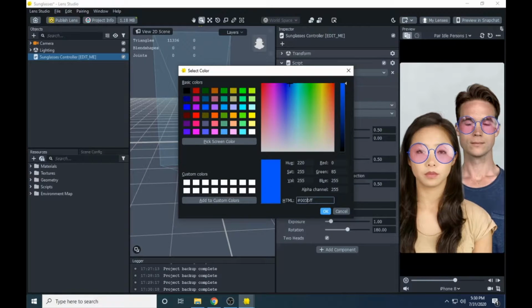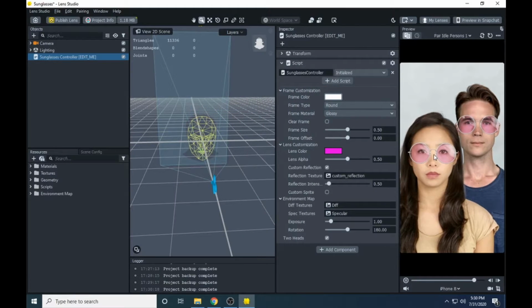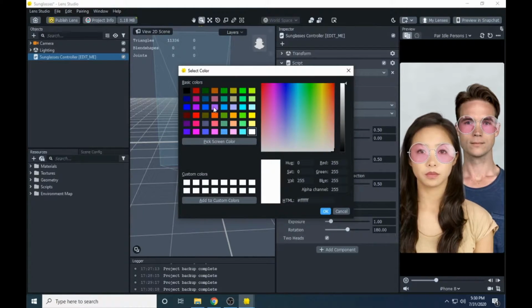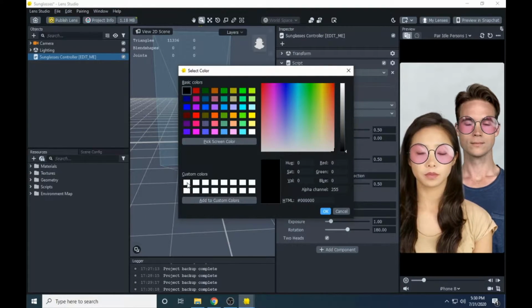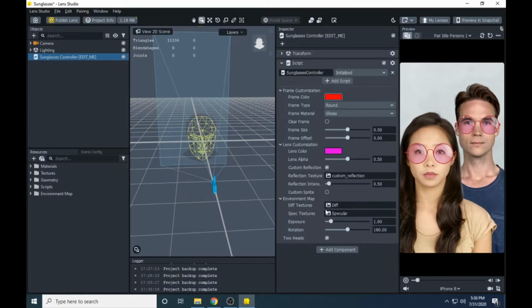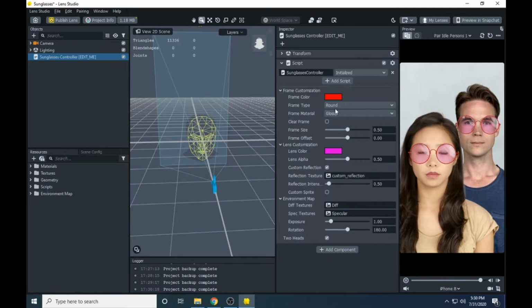You can type any HTML code here. If I type FFF, this is a white pattern, so as you can see it gets white color. For now we will go with the black one, or maybe red. Yeah, red is perfect. So we have this frame in red. Now the frame type is round.